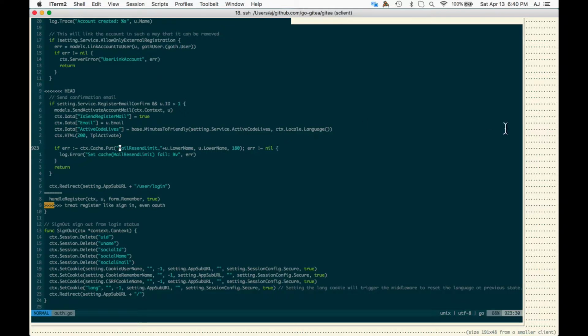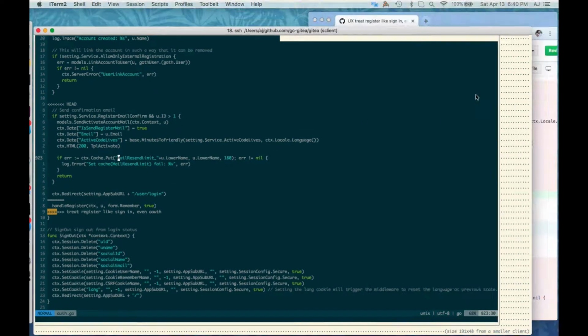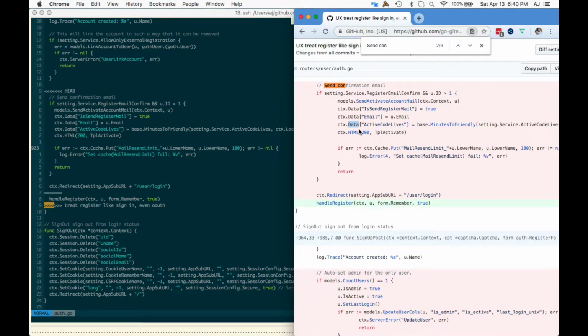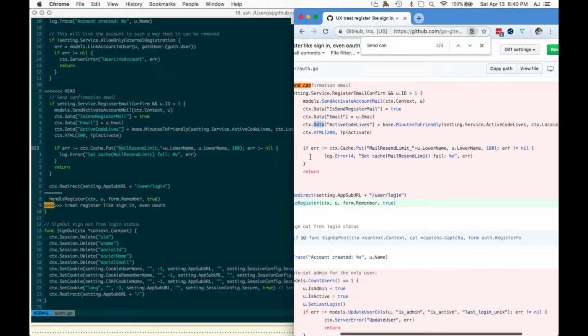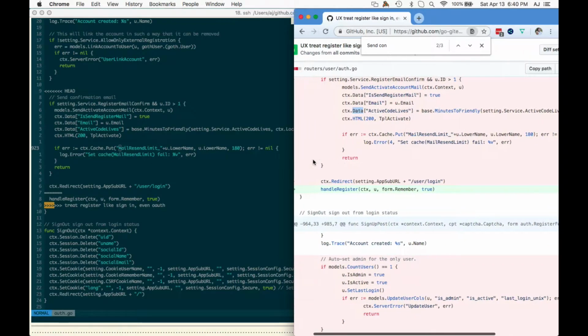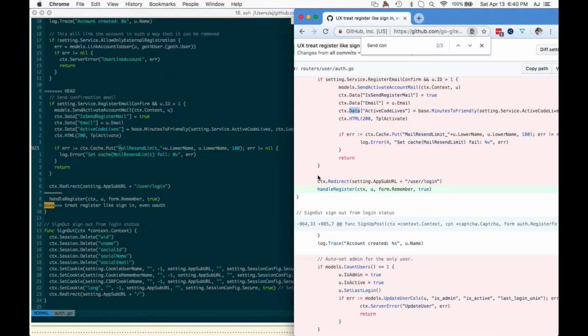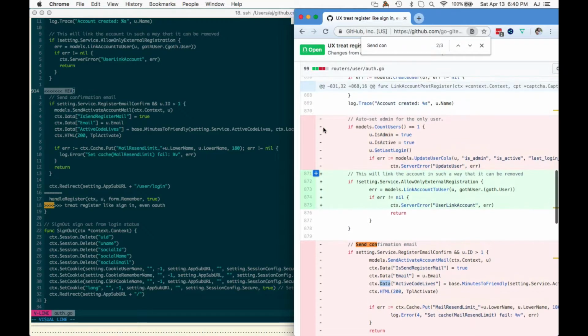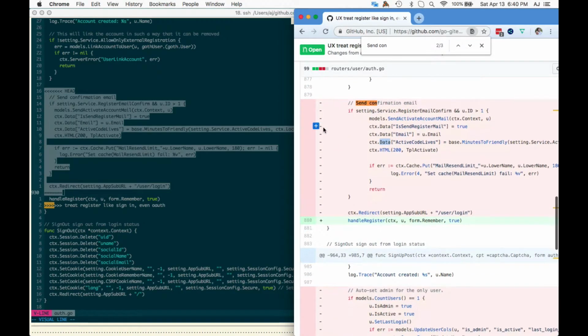So active code lives, local language. Template activate. I bet they decided to go from tabs to spaces. I'm just kidding. Well, I mean, that could have been, but this is Go code. It could literally cause it, but I don't think that's it in this case. Yeah, so in this case, I actually don't see anything that should be in conflict with this. At least not the one I'm looking at.